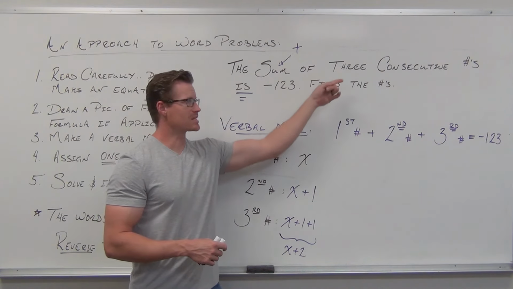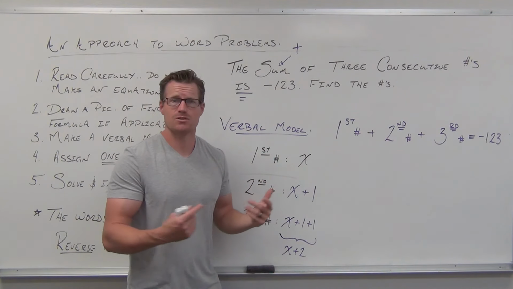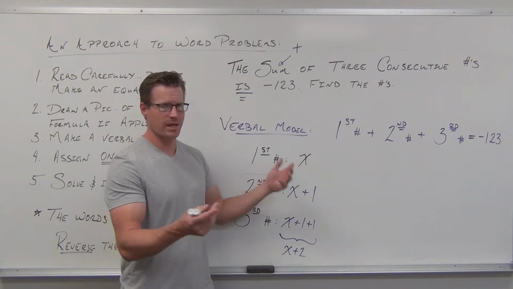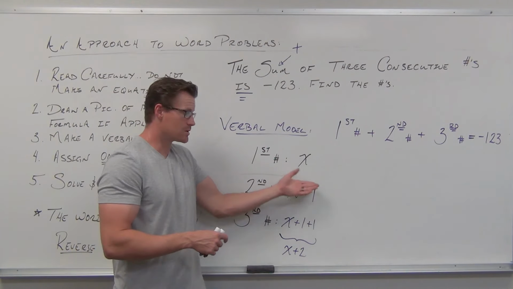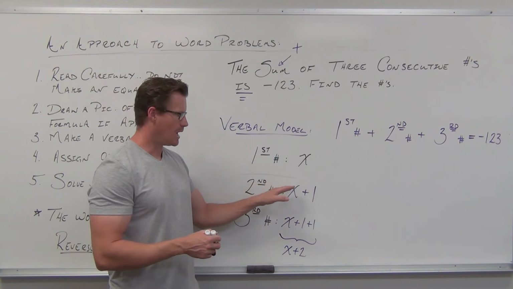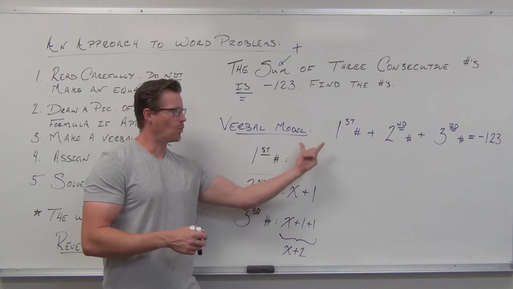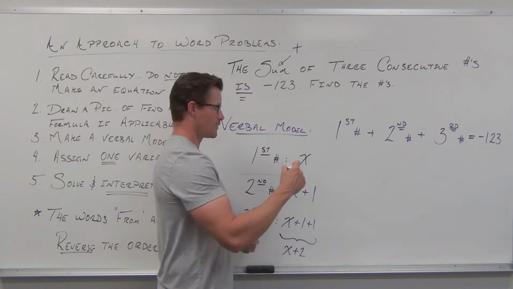Now let's start seeing what consecutive does to relate these numbers to each other. Okay, let's make x the first number. How do you get to the second number? Add 1. How do you get to the third number? Add 2 to the first number, or add 1 to the second number. Work your way through like that. After you know what the pieces of your verbal model mean, we can start filling it out. So the first number